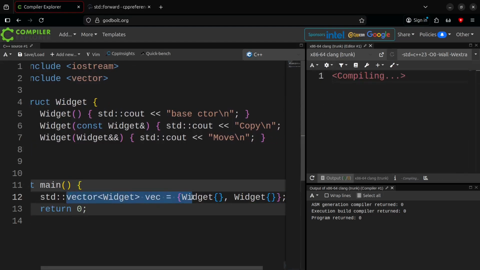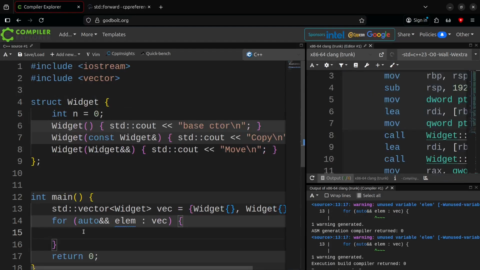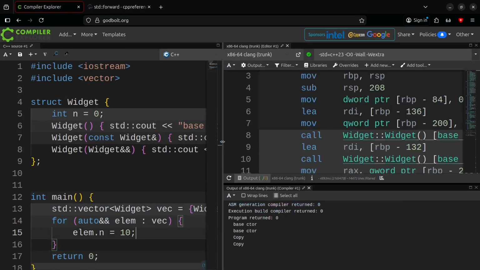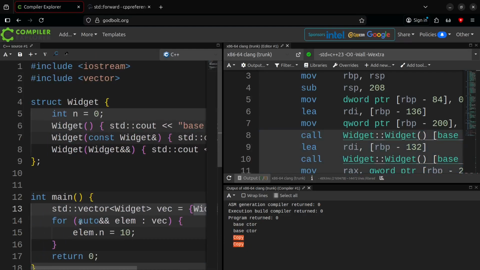Create a vector with two widgets inside it. As you can see, these are the base constructors from this one here. Then the vector copies them. But with auto&& elem, we don't see any copy or moves here. But if we, for example, do this, we can see an extra two copies, which depending on the case can